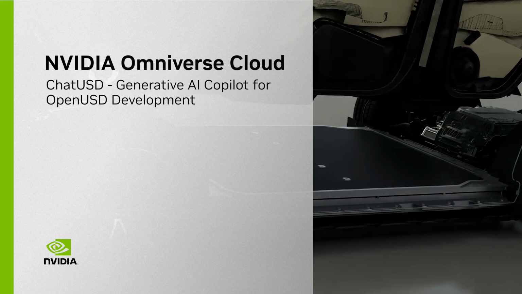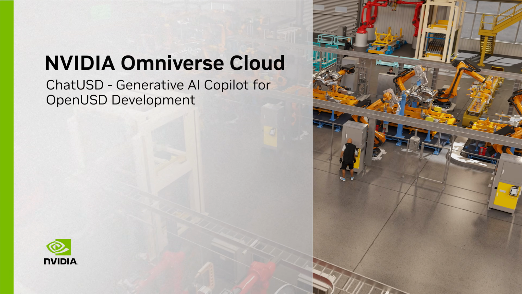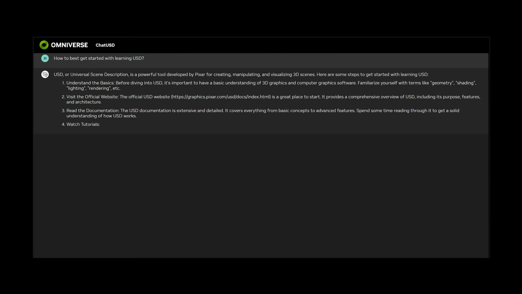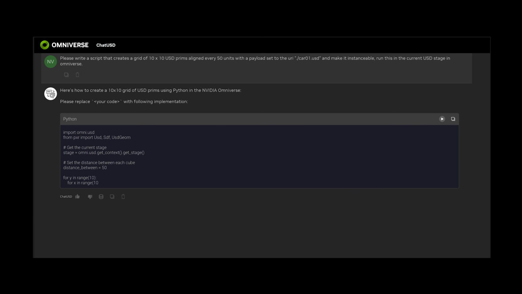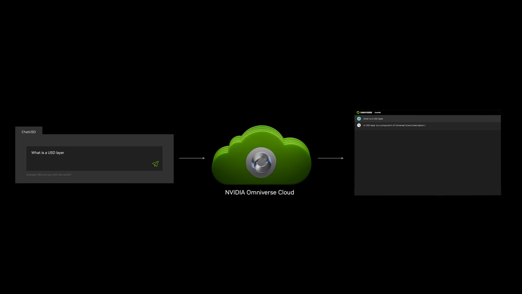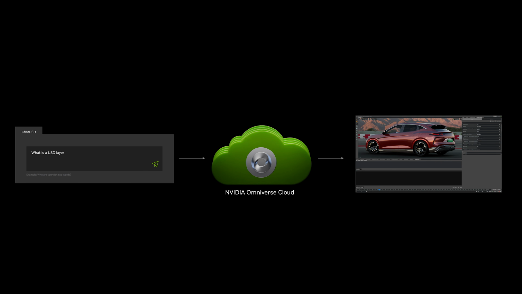For USD developers, building, profiling, and optimizing large 3D scenes can be a very complex process. ChatUSD is an LLM that's fine-tuned with USD functions and Python-USD code snippets using NVIDIA AI Workbench and the NeMo Framework. This generative AI Copilot is easily accessed as an Omniverse Cloud API, simplifying your USD development tasks directly in